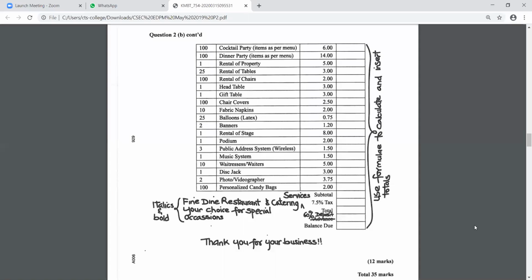Right, but we passed the subtotal. We already know that subtotal means that we're adding up all the totals on the top, right? So we passed that. I just told you how to work out the 7.5% tax, right? Under 7.5% tax, there's the word total again. Are you seeing the word total? I'm asking, how do we work out that total there? That's the question. Do you have to add the subtotal and the tax?